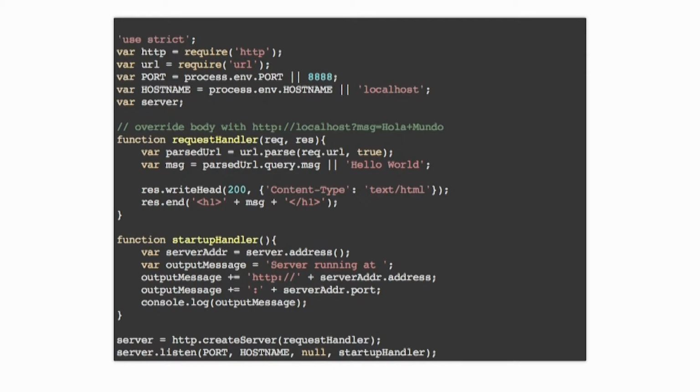Now, of course, you don't have to use an environment variable. You could read them in from a config file. You can do any number of things. But this is a way we can start bringing in our variables. You notice we're declaring all of our variables up at the top of the file because JavaScript does something called variable hoisting, which no matter where you use those variables, they're always defined up top. So as we define all our variables up top, the next thing we do is we start breaking out our